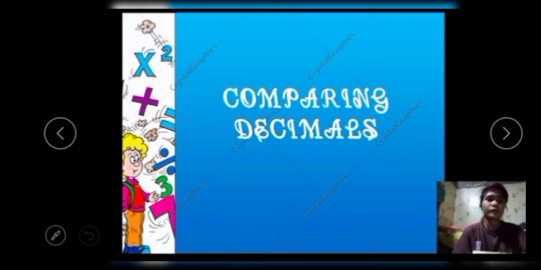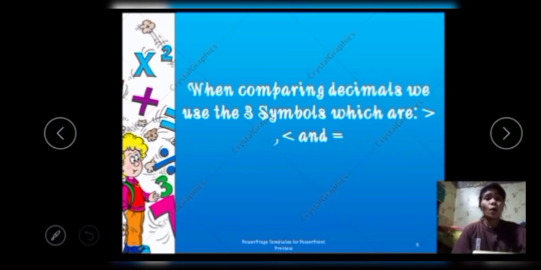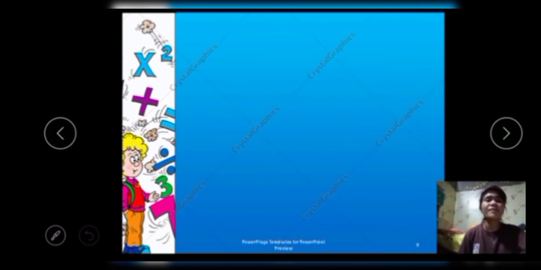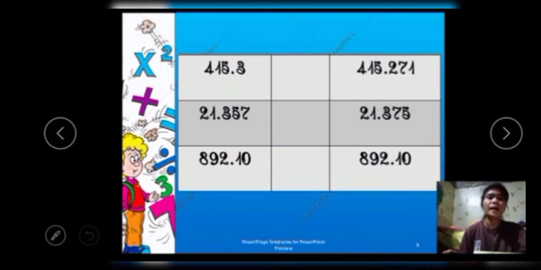When we compare decimals, we use three symbols which are greater than, less than, and equal. And now I have here some examples to identify if the decimal is greater than, less than, or equal. We have here in the first example, which is